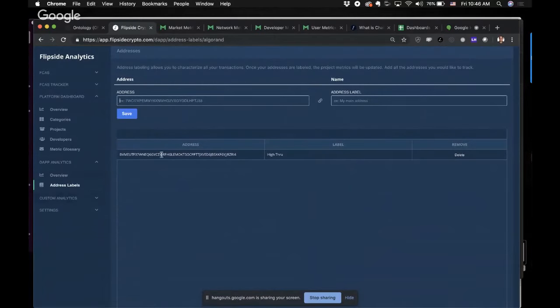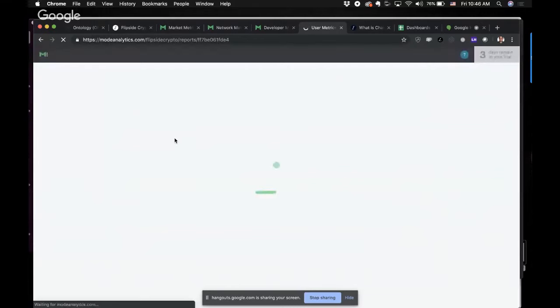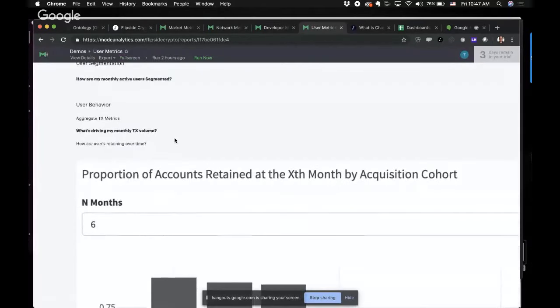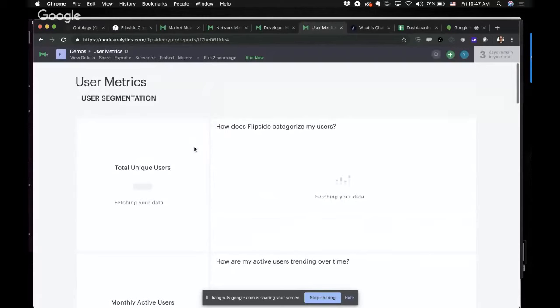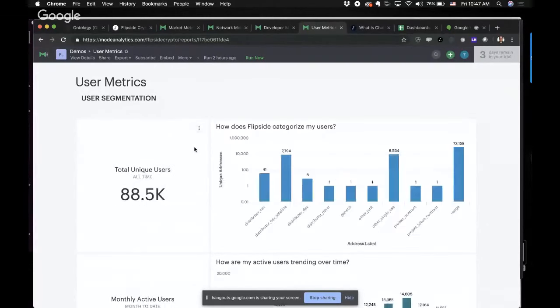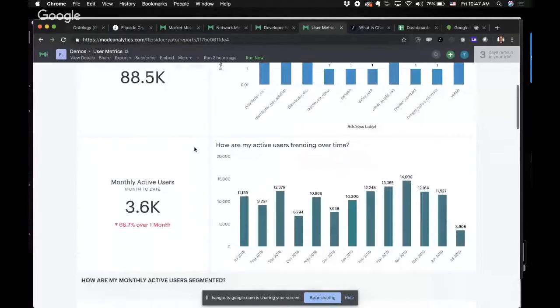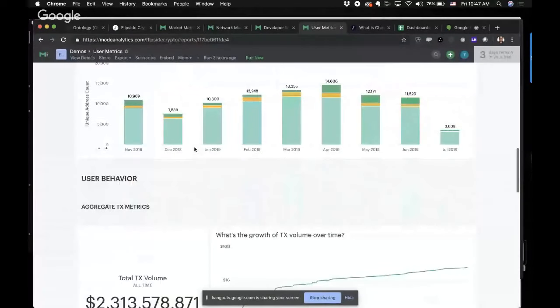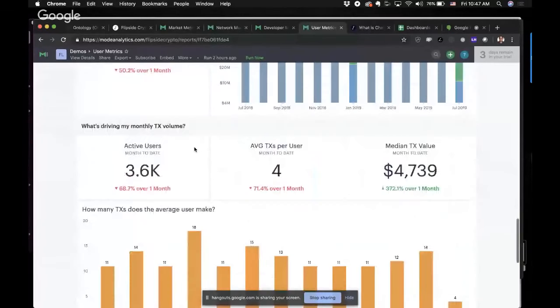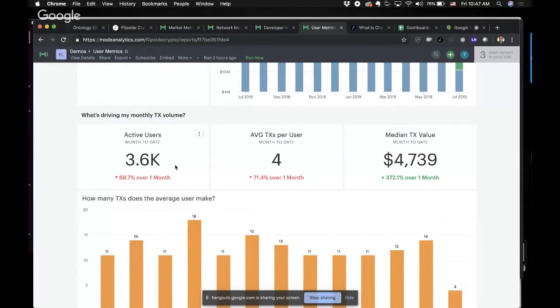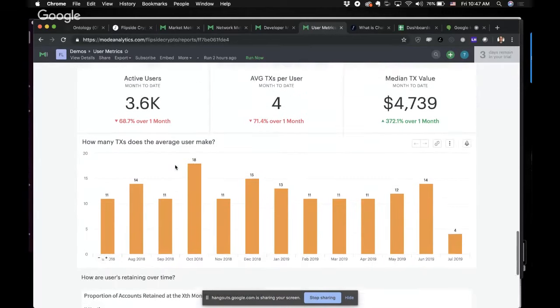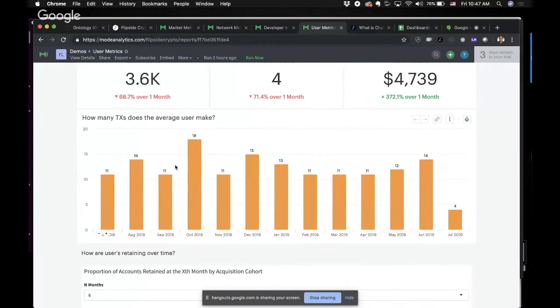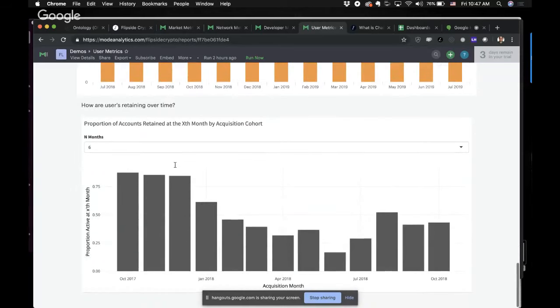And the last thing I'll show you, I'll actually jump out. It's probably easier to see it this way. Where we thrive as a business is providing deep user metrics. Once we segment a chain, we're able to identify user behaviors specific to that chain. So transaction metrics, active users. This is again exploring without looking at speculators, so this is just users. You could also invert that and just look at speculators.